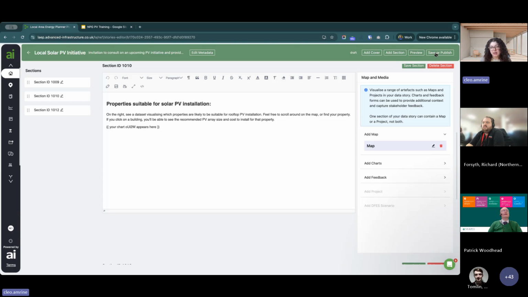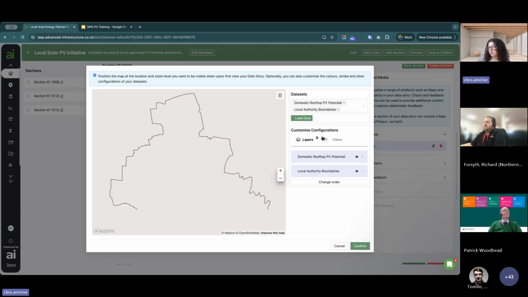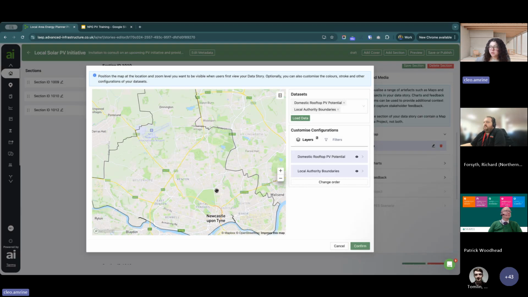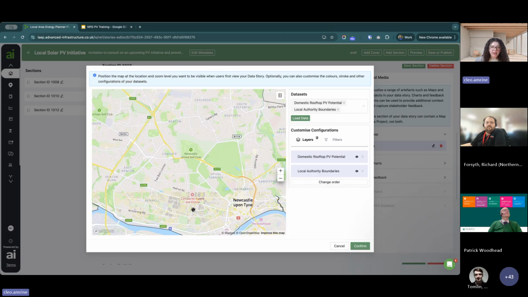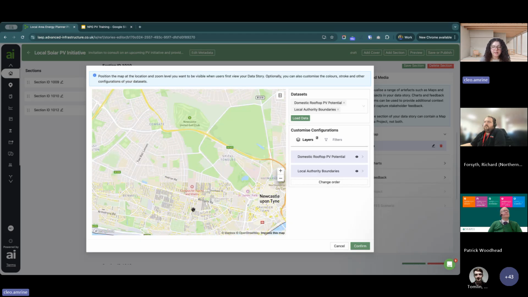They can then view this a bit like a PowerPoint, but it's shared to essentially a website that they can click through the slides on and give feedback on different pages. And you can share user uploaded data sets in this way. If you add a map to a page of a data story, this essentially looks a bit like the Data Explorer, and you can select any of the data sets that you see within the Data Explorer to add to a page of the data story. If you scroll to the bottom, your local data will be available to add to a data story page. So you could share a snapshot of the data with stakeholders in this way, and they'd be able to view the data in an interactive view on the map, but they wouldn't have access to the raw data. They wouldn't be able to export it or anything like that.